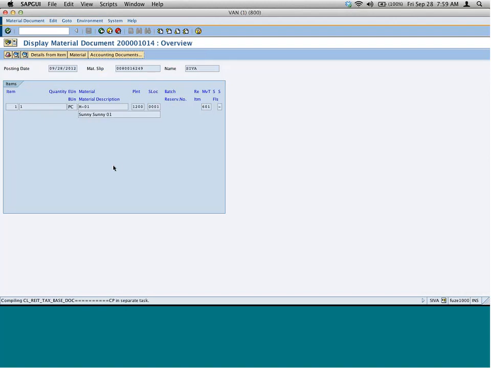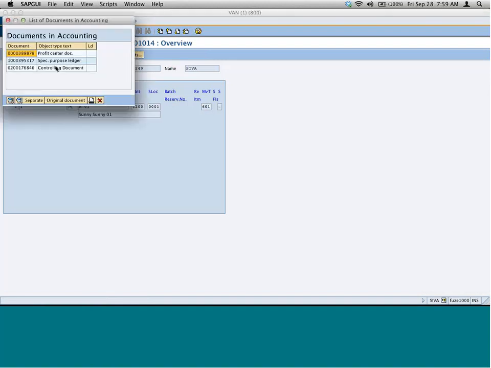And you can see the actual accounts that have been updated. Okay, it's still compiling. Just give it a second. I just wanted to show you the accounts that are updated.